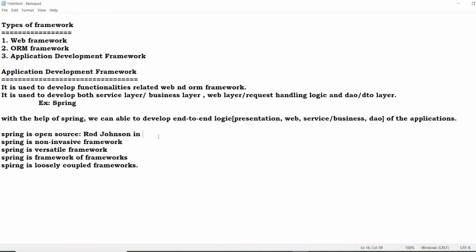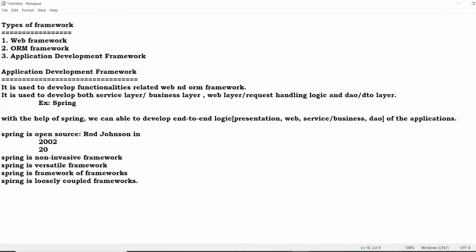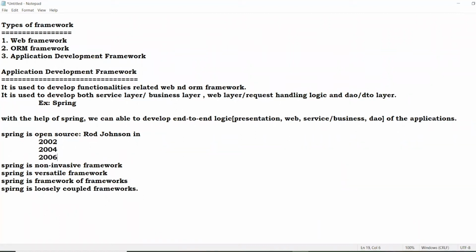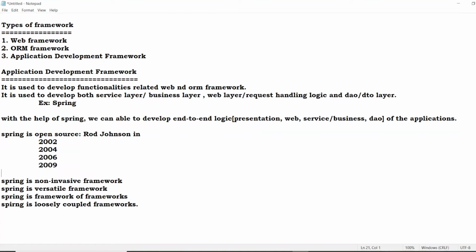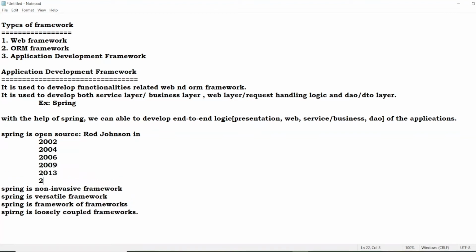See, basically the versions are like 2002, 2004, 2006, 2009, 2013 and 2017.